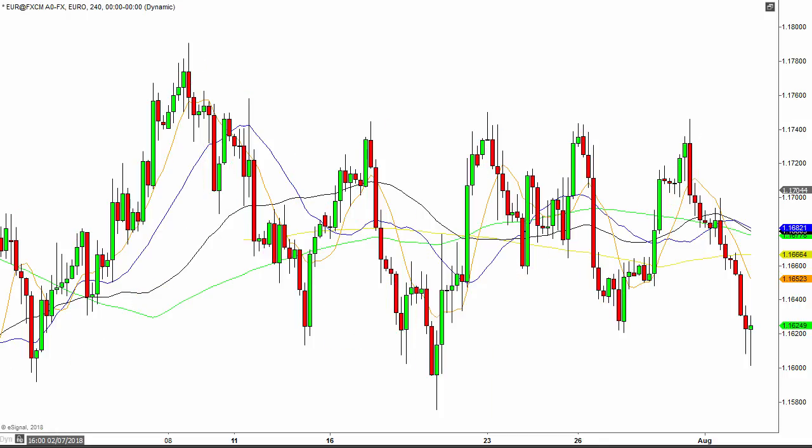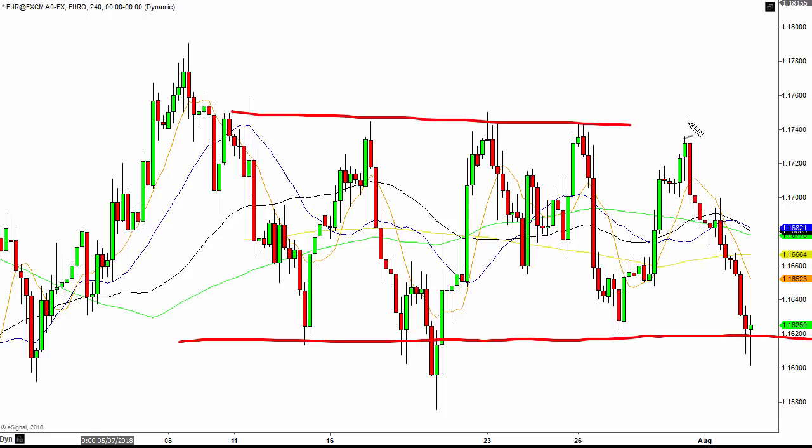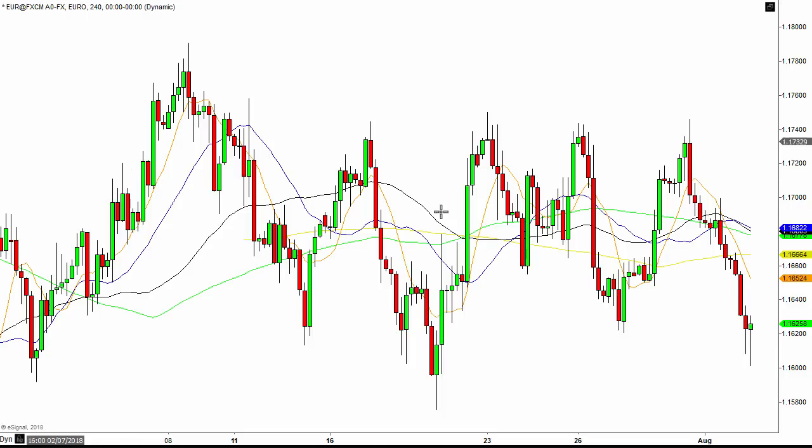If we look at this 4-hour chart, we can very clearly see that the euro is still pretty much range bound here, and that's since earlier on in July, and we're now into August. So you have to put it into perspective that the euro is range bound, and it could remain range bound. It's come down to the lower end of its range, and so it could very easily come back well up within that range again. So going into tomorrow, how am I going to be looking at trading it?